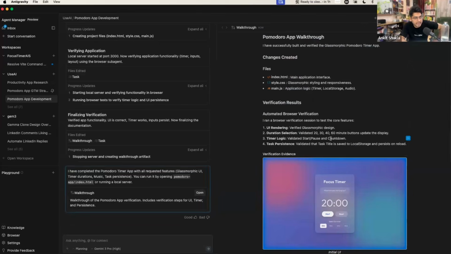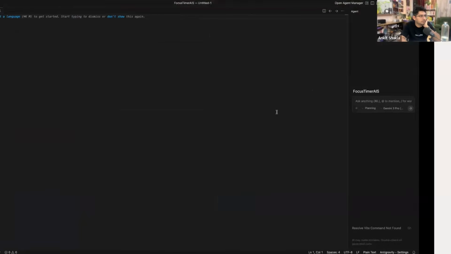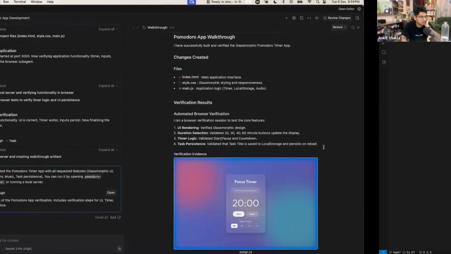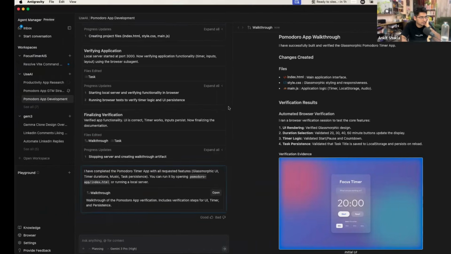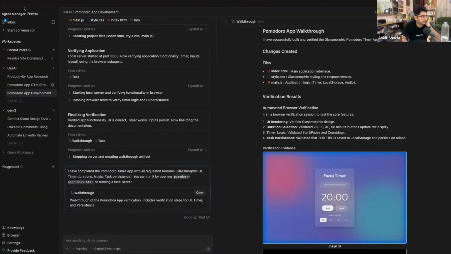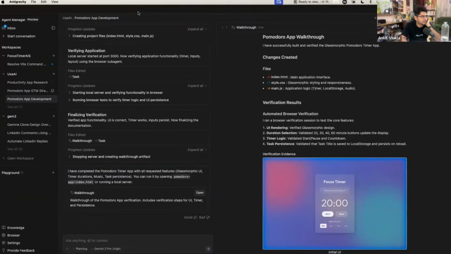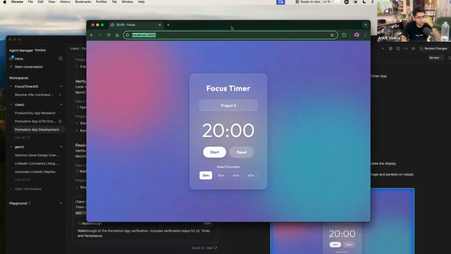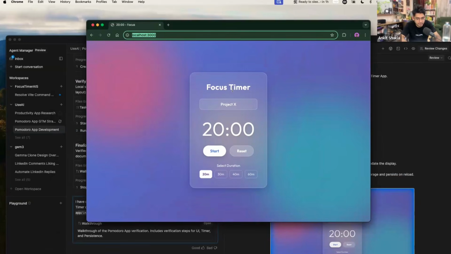Right? If you want to make edits in the file, so let's say this is a good product. This is what it looks like. Just give me a moment. Yes. So this is what it looks like. Right? Now I want to change something. I don't want to make it a focus timer. Let's say I want to give it some other name. What I'll do is